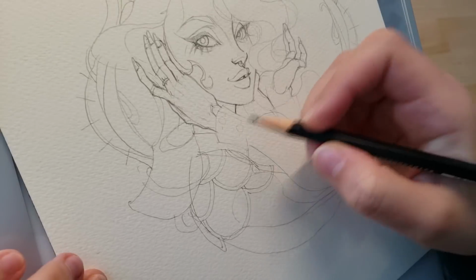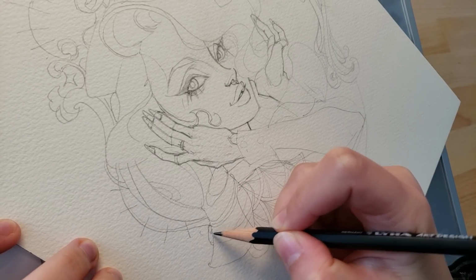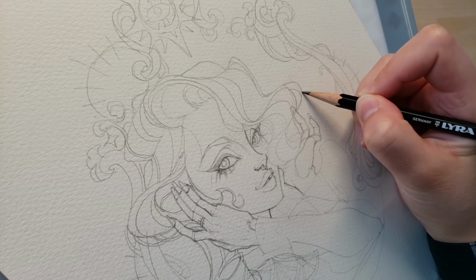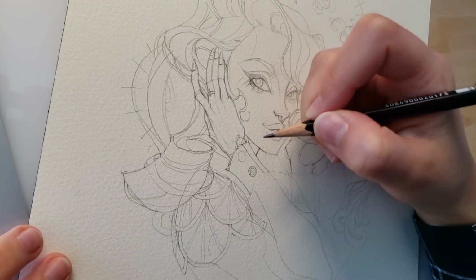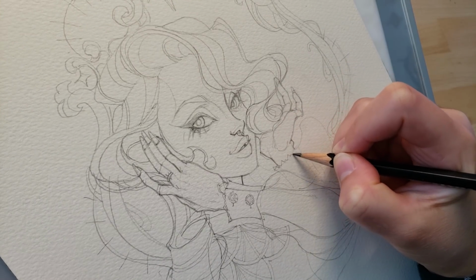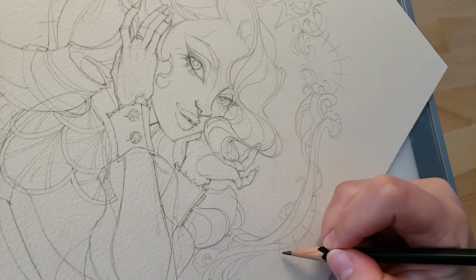Anyways, my advice is to do the super simple silhouette and shapes first, and then turn it off and add all the details in afterwards, which is what you see me doing right now. And I would also really recommend using a hard pencil and pressing on it kind of lightly. I personally have an issue with pressing too hard on any tool that I'm using, but I have to work extra hard to keep the lines light in order to be able to erase them easily afterwards and not damage the paper too much while erasing and actually while drawing, because if you press too hard, it leaves grooves, and then it can look kind of ugly when you put ink on top of it because they become more